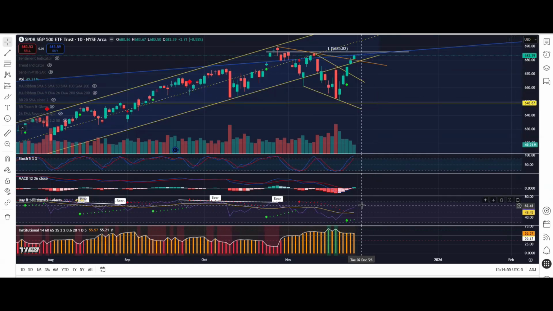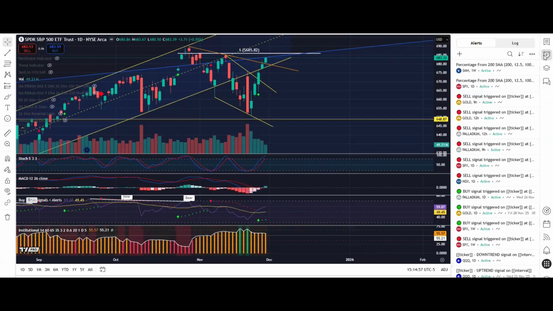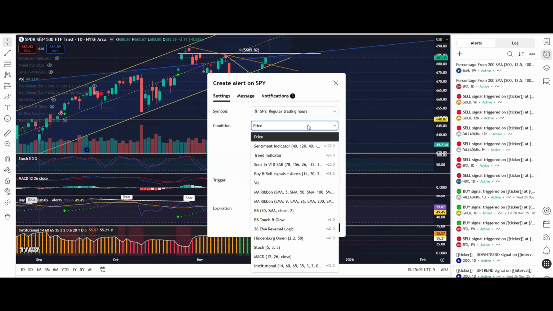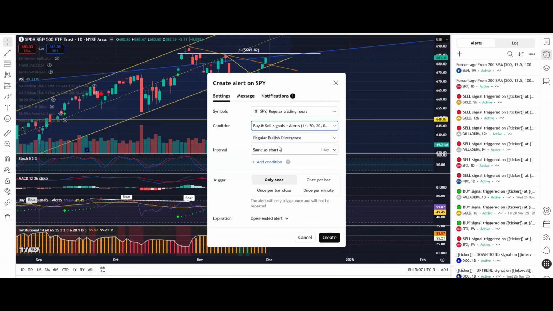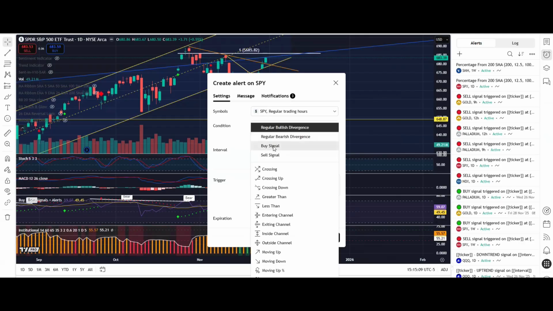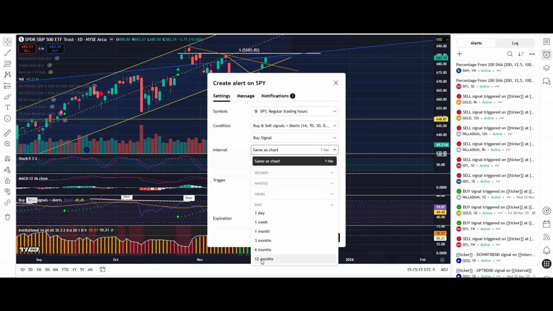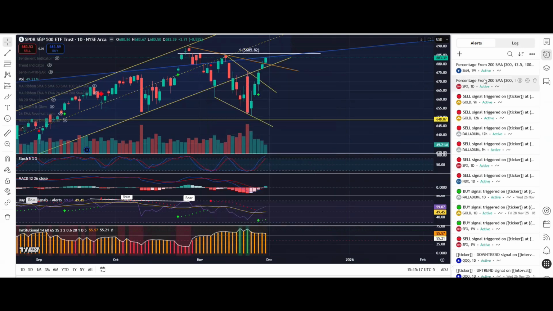And then what we can do is, we can set a whole bunch of different alerts. So if you want to be alerted to a particular stock, so for instance, SPY on this particular one, you'd go down to your buy and sell signals, and you'd say, I want to be notified on a buy signal on the 1 day time frame. And then obviously you could change it to different time frames. So I do set a bunch of different signals here, as you can see. Like I've got